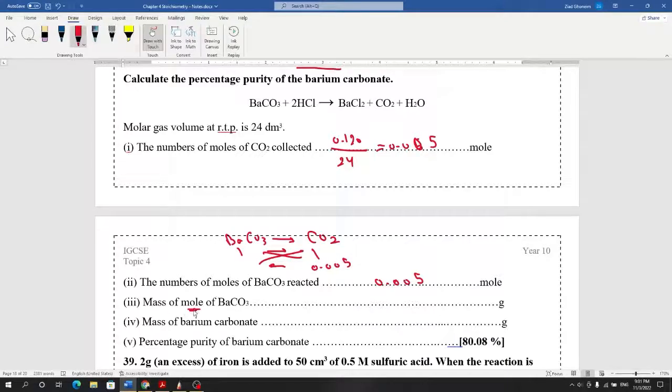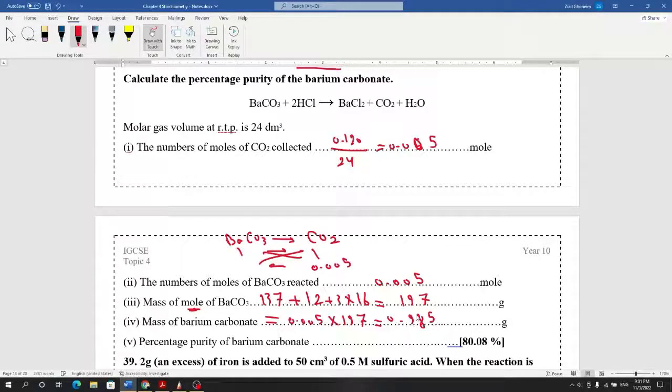Now, the mass of 1 mole of barium carbonate, also called the relative molecular mass, is 137 plus 12 plus 3 multiplied by 16, which should be equal to 197 grams. The mass of barium carbonate itself will be equal to the number of moles, which is 0.005, multiplied by the relative molecular mass, so the mass should be equal to